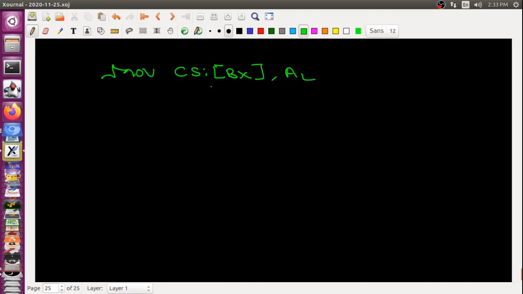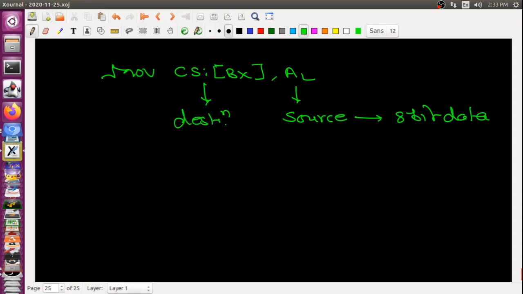So you have to calculate, because you can think about this is source, it contains some 8-bit data. Very important thing is that 8-bit data is stored here. And this is the destination. So for the destination I have to use the code segment colon BX. So obviously some address should be calculated here.